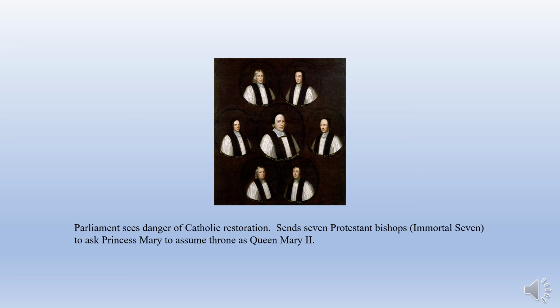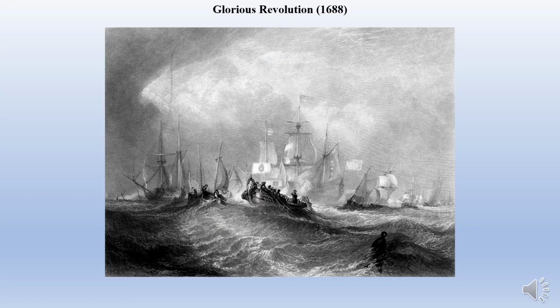So they are essentially asking the daughter and her husband to overthrow her father and her younger brother as the king and the next king of England. And what happens next is known as the Glorious Revolution. Sometimes it's referred to as the Revolution of 1688. It's essentially a revolution because of the constitutional changes that James the Seventh and Second is trying to enact.